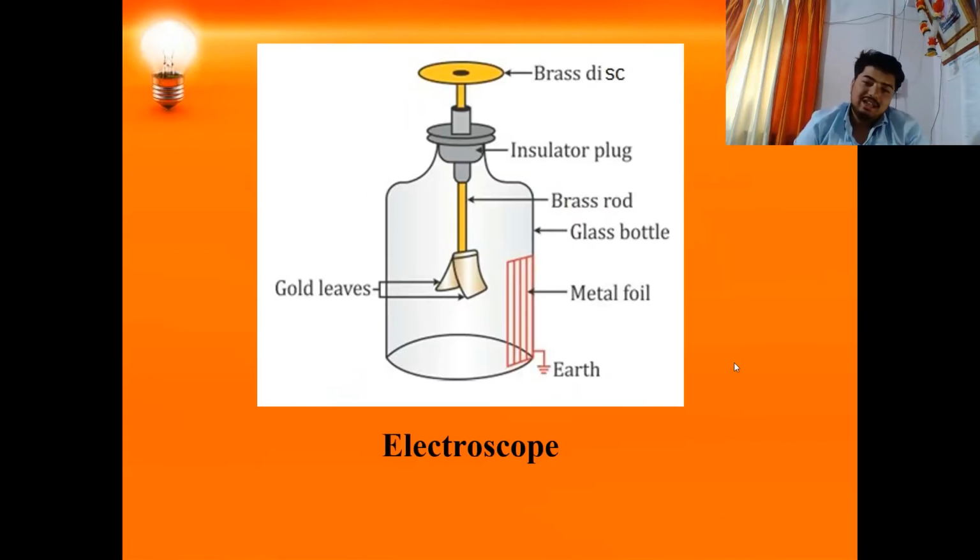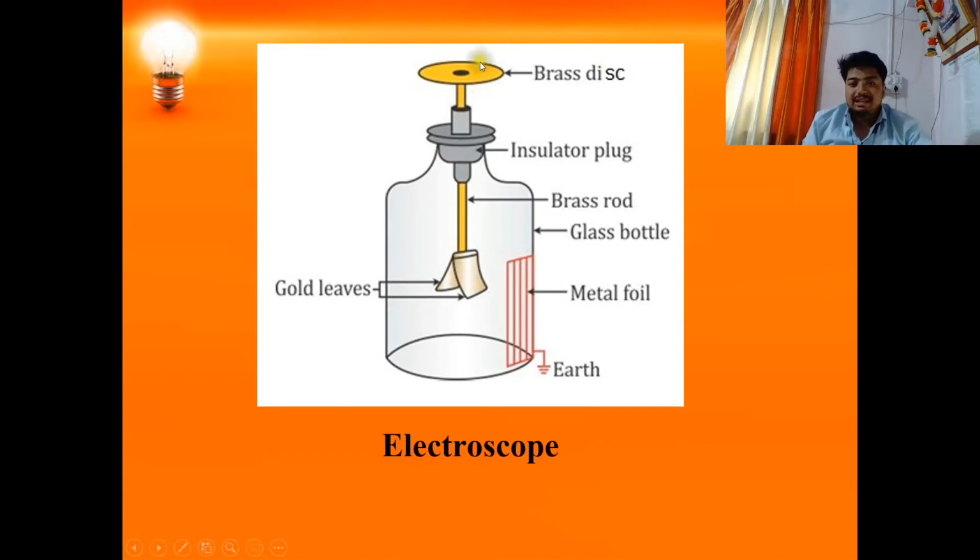Now let's understand the electroscope. It is a device used to measure the charge or amount of charge on a certain substance. It consists of a closed jar. This is an evacuated jar, that is, it contains vacuum inside it. Now this jar is generally earthed. Earthed means it is connected to the ground so that no net charge is present on this glass jar.